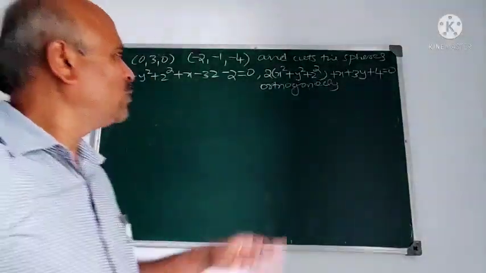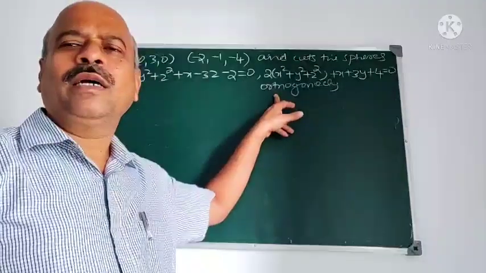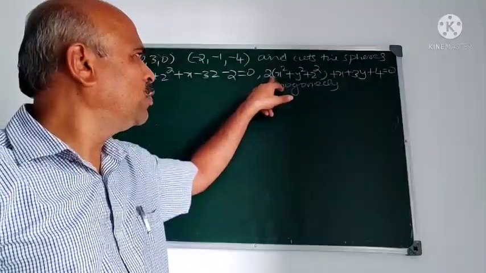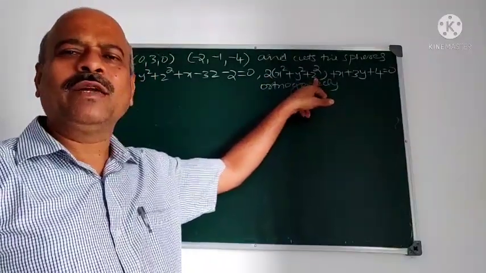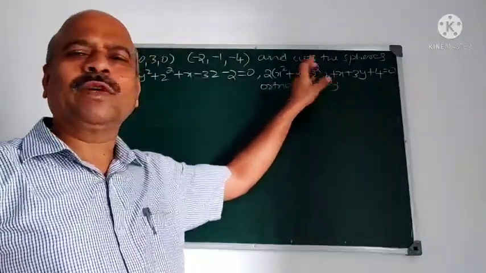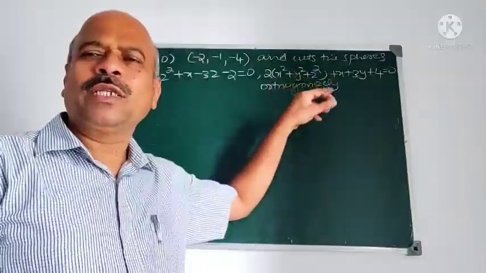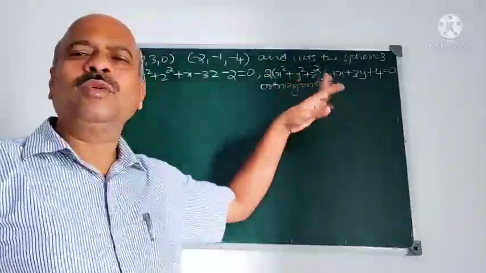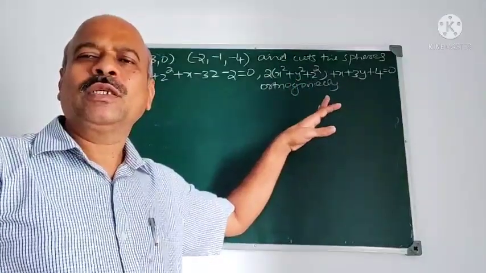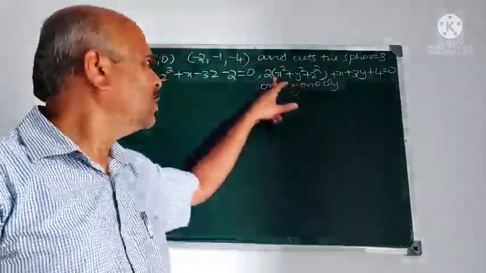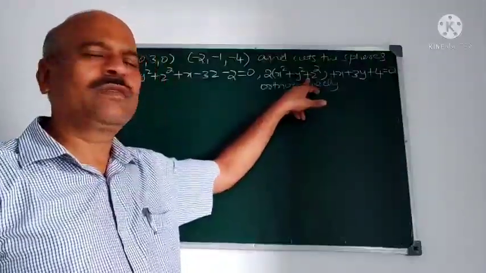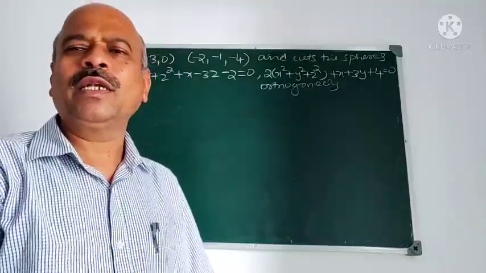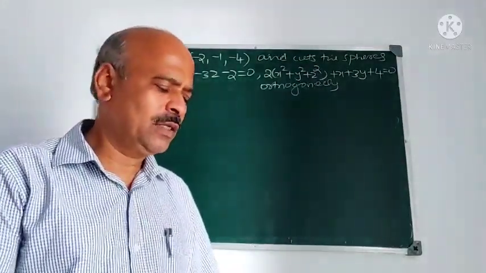In the last video I left this incomplete. Instead of 2 into x square plus y square plus z square, I have taken only x square plus y square plus z square. But we cannot say that the problem is wrong. The problem is right, but we will get the values of u, v, w as fractions. So you can make this 2 into x square plus y square plus z square, or as it is you solve that one and continue and we can verify the answer.